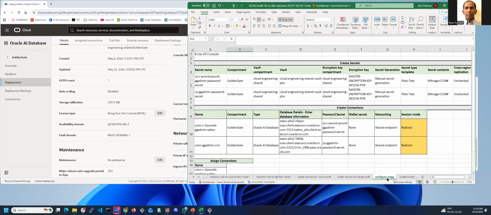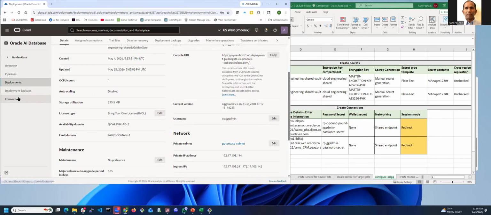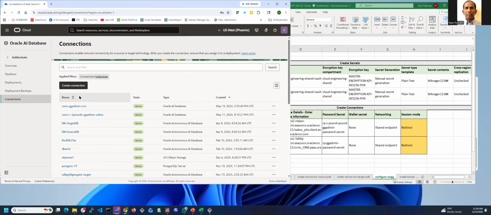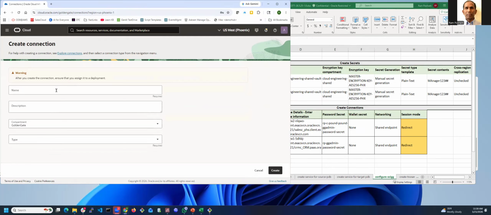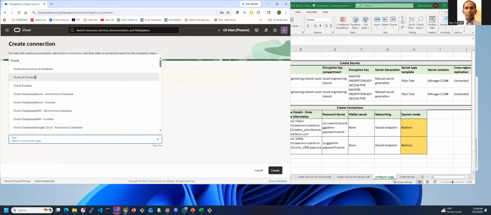Let's now configure OCI GoldenGate. We need to create the connections. Before creating the connections, you need to create the secrets, so that's what I captured here. For example, here you go to connections. If you want to create a connection, you say C1, name, GoldenGate, and the compartment, and the connection is